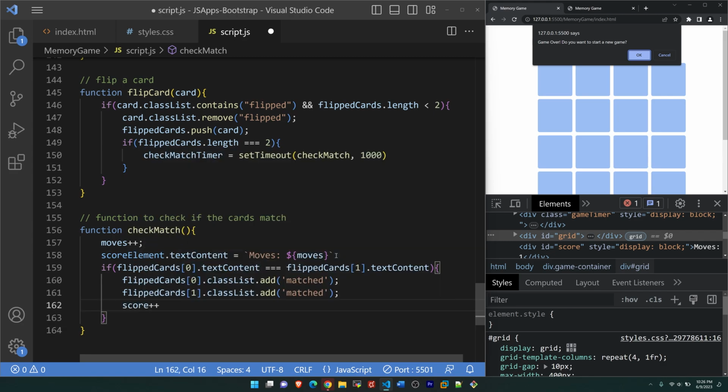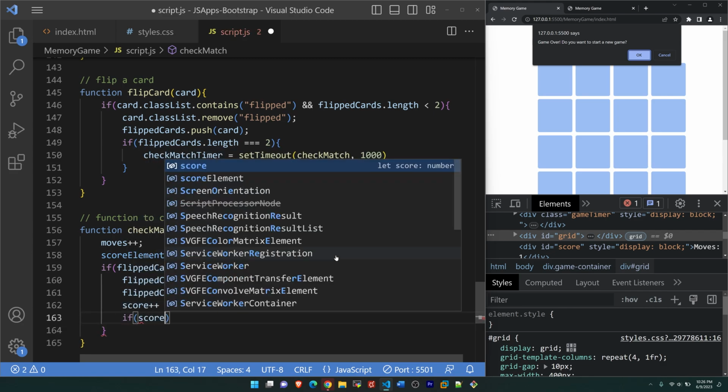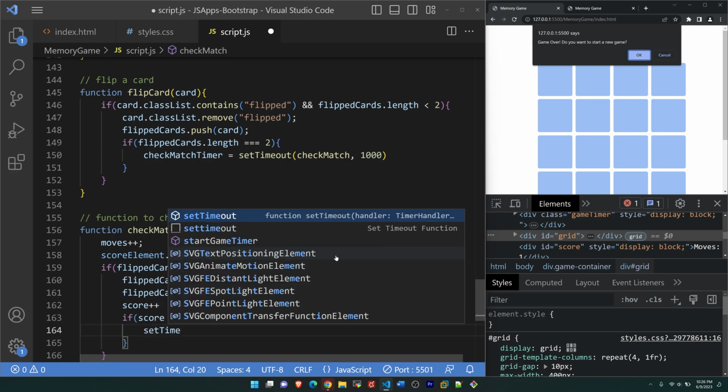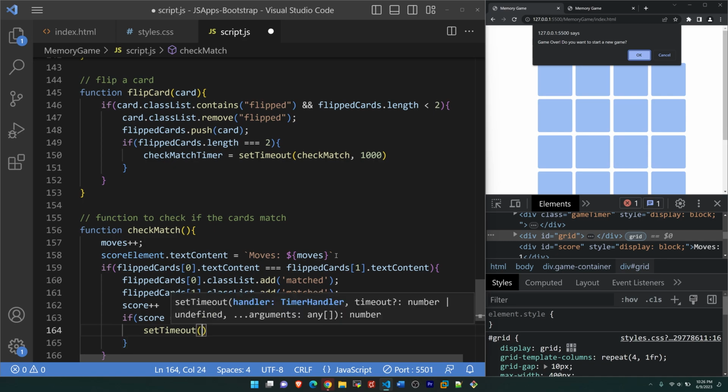So score element increased, and then if score equals shuffled icons dot length divided by 2, okay, then we will say set timeout show final score